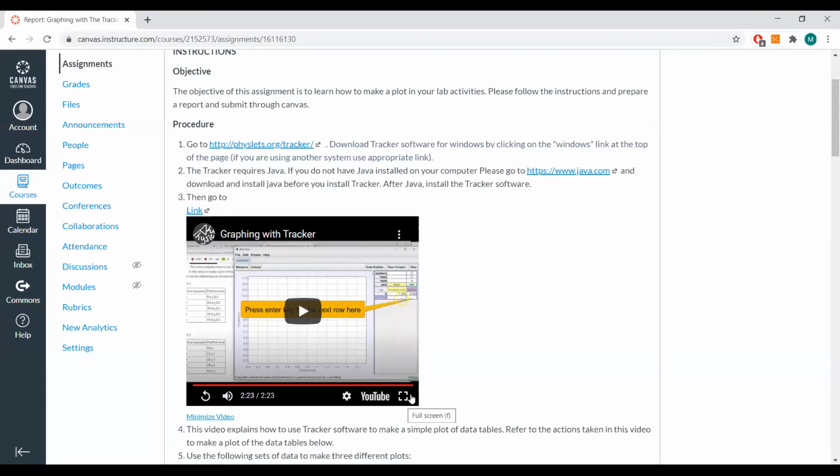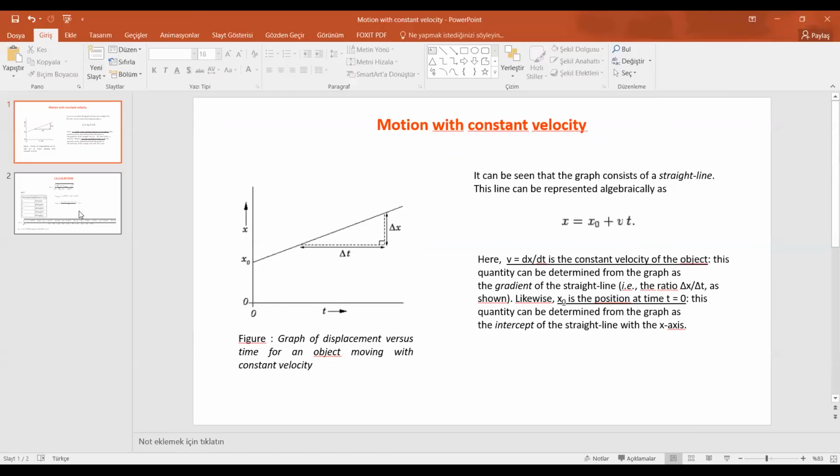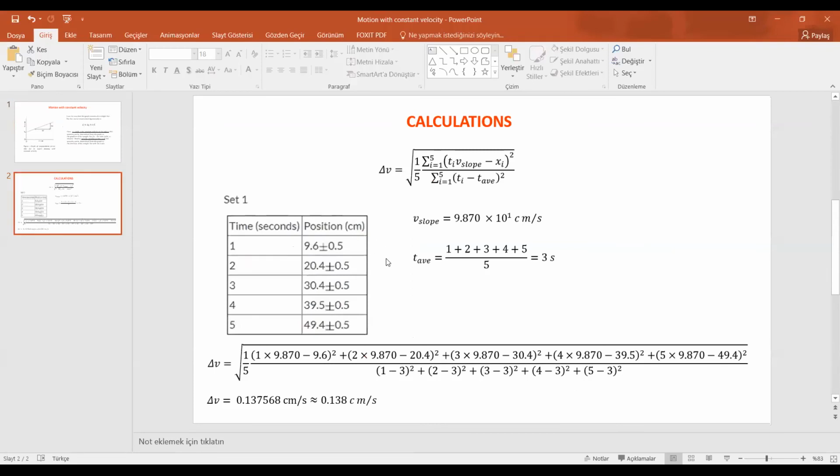This uncertainty can be observed by first selecting Autofit and then keeping the mouse on the parameter A. It can also be calculated using this formula,